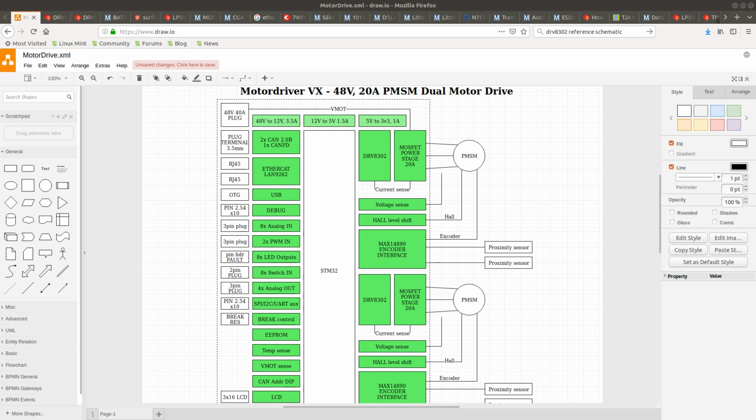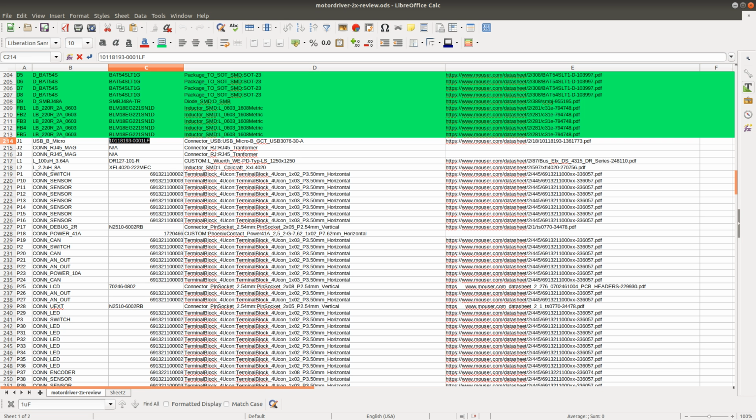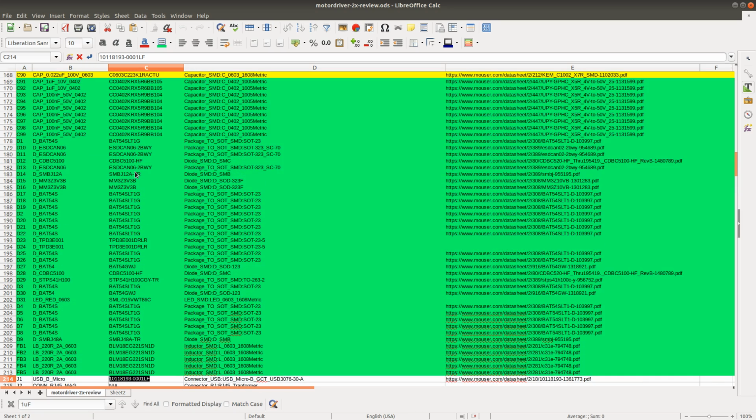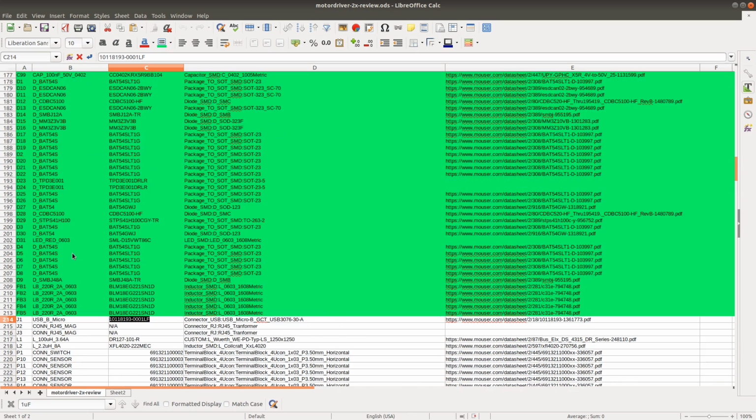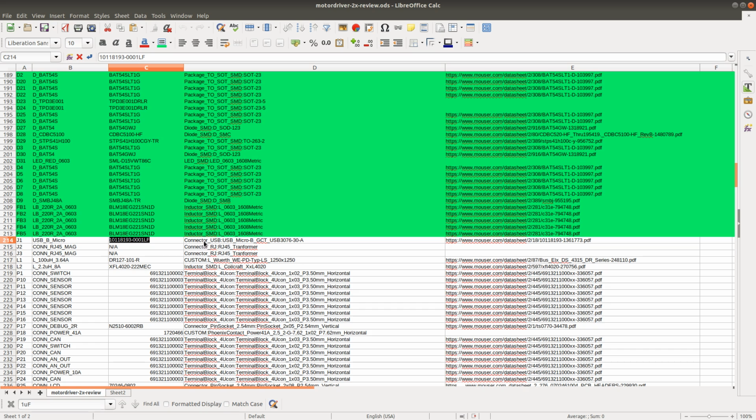So I'm gonna go to the schematic, and actually first I'm gonna bring up this list. I've exported a list of all components in the schematic, and now I'm going through every single component and double checking the footprint, checking that it's the right component by cross-referencing the product code, just bringing up the page of the component, just double checking that it's what I intended to place in the schematic,